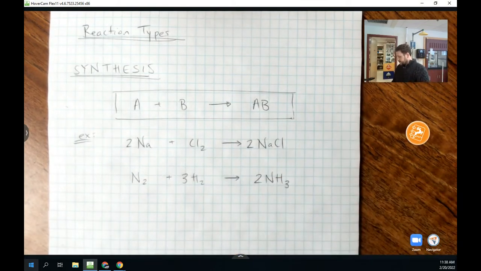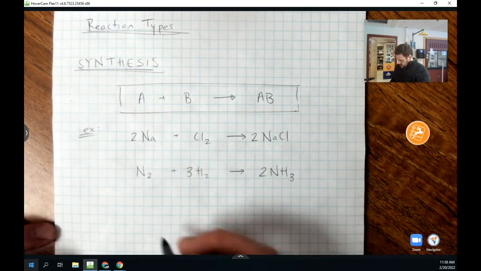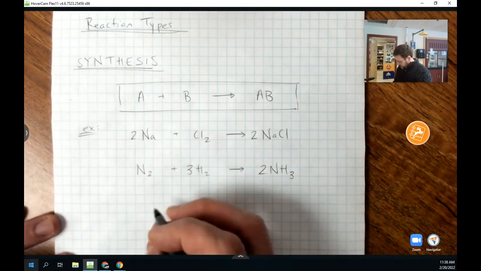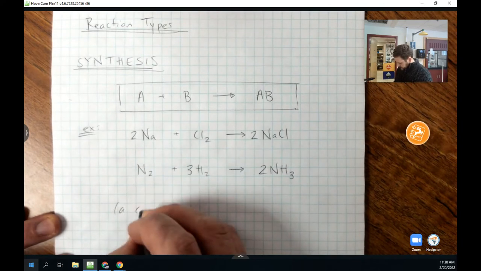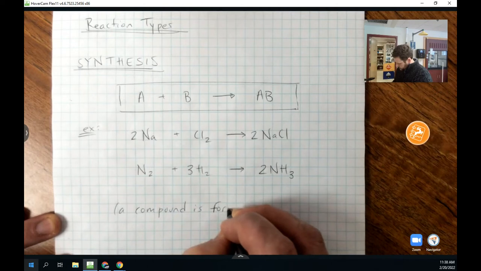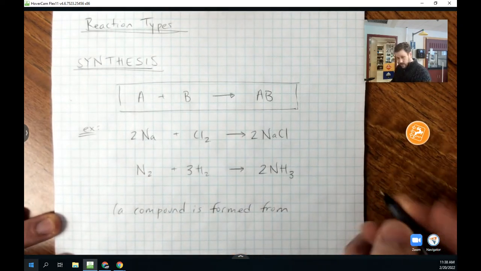Now it's a balanced equation. So as you can see here, for a synthesis reaction, we have two or more simple elements or compounds that are going to form a more complex compound. So generally, what I'm going to write for a synthesis reaction is that a compound is formed from, and it could be formed from elements